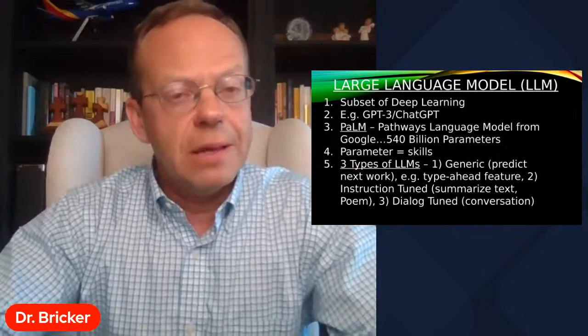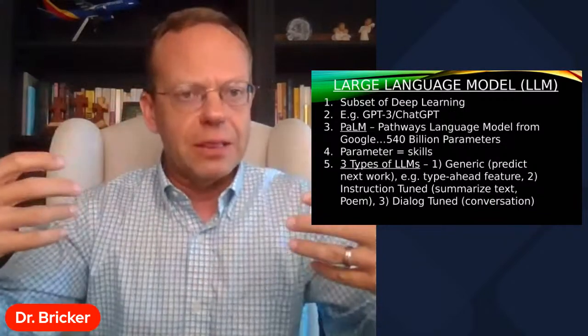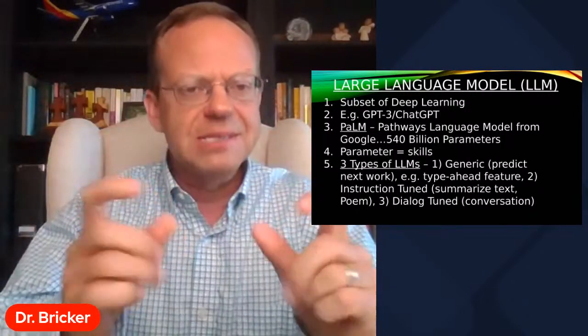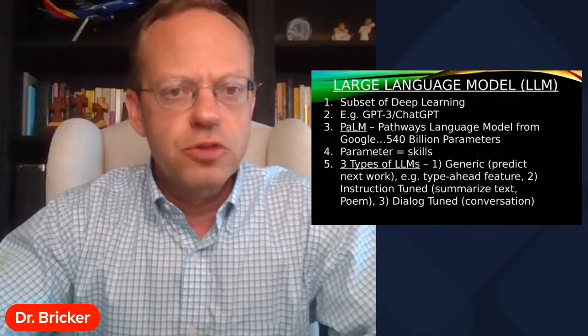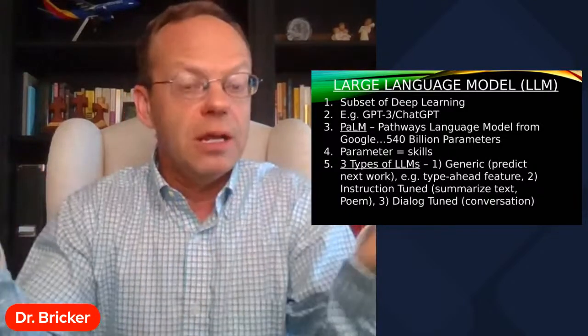So if you think about a language skill, and if you can't speak French, then you don't have that language skill, right? So if you broke up language into sort of subsets of skills, then PaLM has 540 billion different language skills that it's able to accomplish. So it has an incredibly broad depth of, like, linguistically what it's able to accomplish.